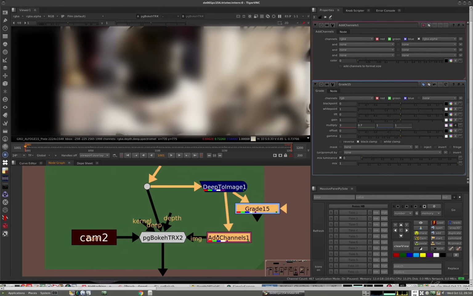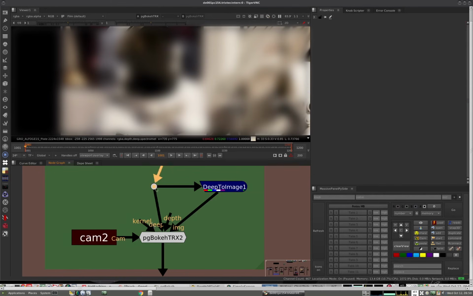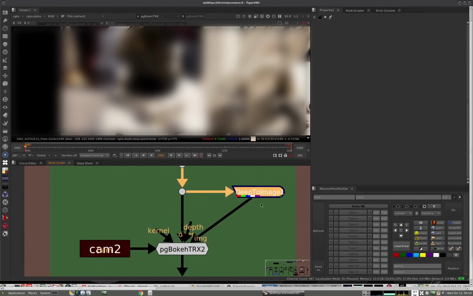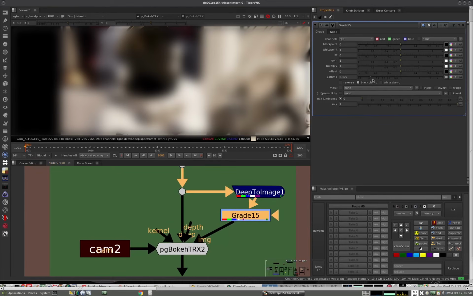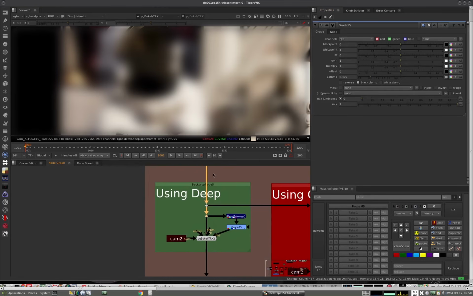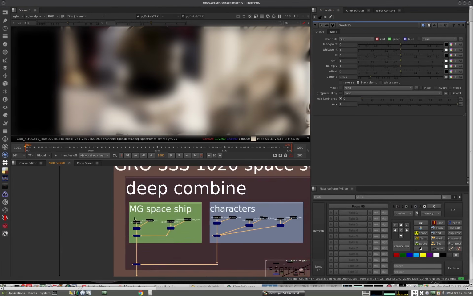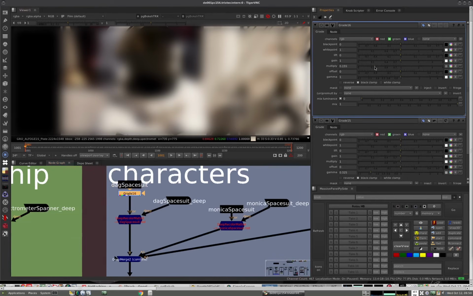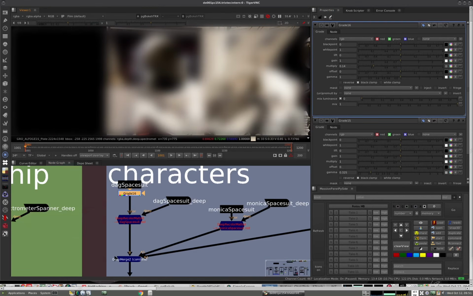So I don't know what it's looking for, actually. I thought it was just the channels, but it could be something else. So just plug it in, but know that nothing you do here matters. I can make the gamma crazy. It only cares about what's coming into deep. What does that mean? That means if you do the color corrections, you need to do them up in here, before the deep. So I don't know what I just